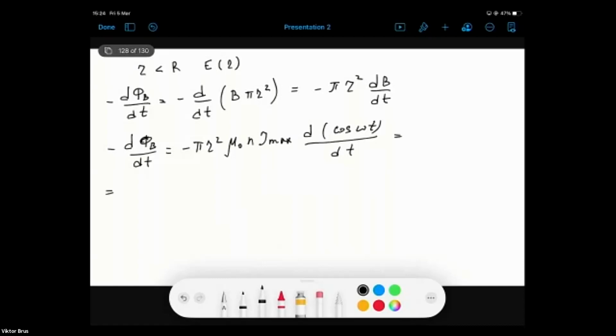And again, we have the derivative equal to minus sine omega t times omega. As a result, we get pi r squared mu naught n times I maximum times omega sine omega t. And according to